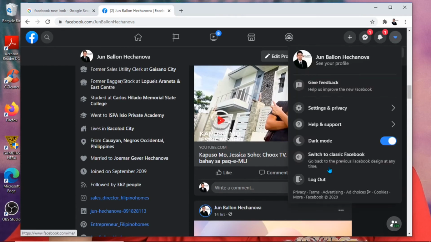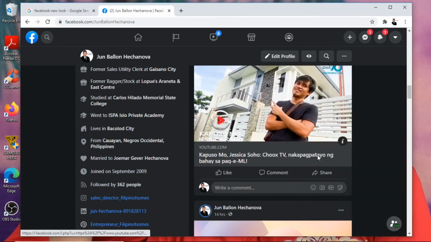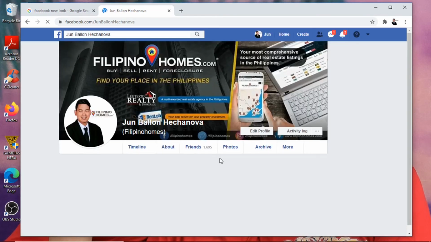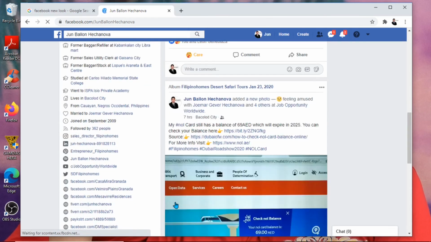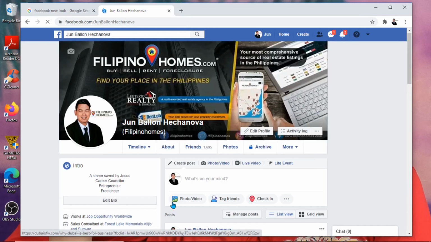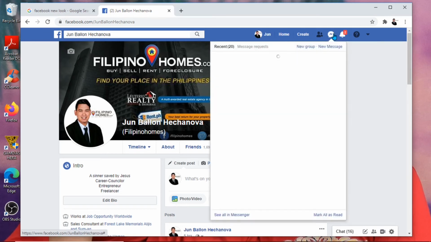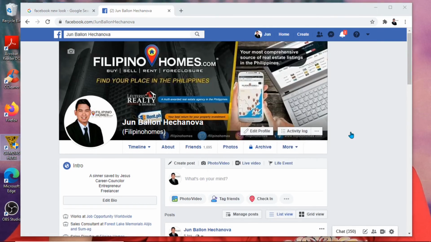And if you switch to classic Facebook, you can just click the drop down here and then click, then you are back at classic Facebook. Okay, so as you can see guys, the difference is that here the icons are kind of small. Okay, so if we go back to the new Facebook,